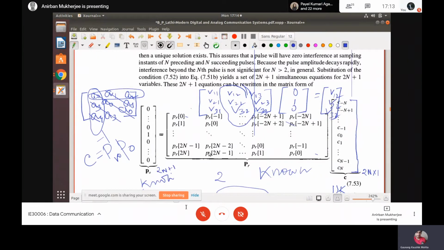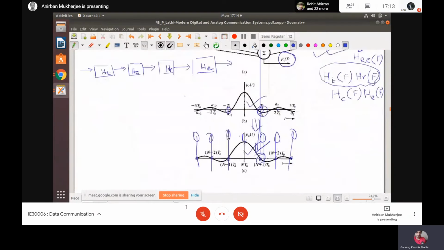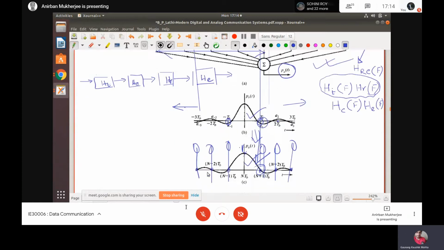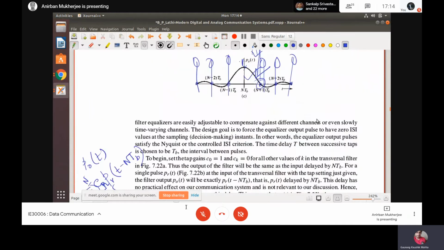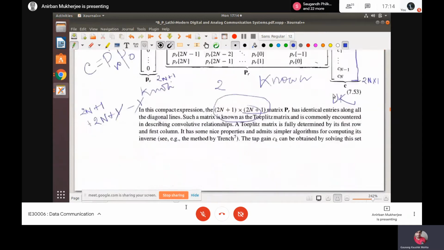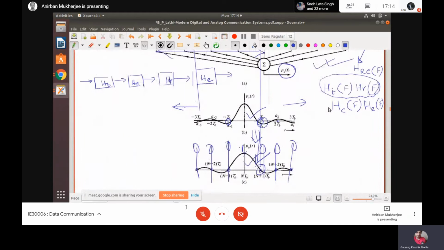Now here I am saying no. Because it will extend from minus infinity to plus infinity, I will not take minus N to plus N, rather I will take a larger number of data points, say minus K to plus N. Okay. And if you remember, what is my PR? If you take it, that means 0, TB, 2TB, 3TB up to minus KTB.